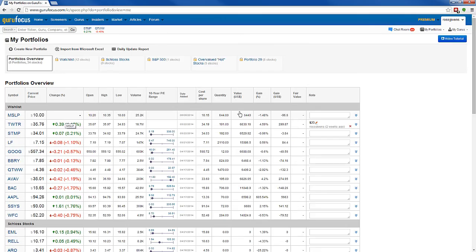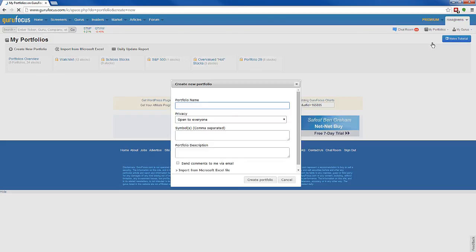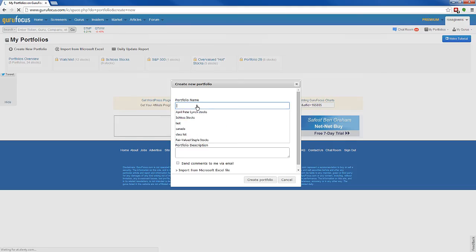So I want to start at the beginning, assuming you've never set up a custom virtual portfolio, and show you how to get started. There's a couple of ways. If you have stocks in mind, here's what I would suggest. The second drop-down option is to create a new portfolio. It's going to be very simple and straightforward. All you need is a name, a description, and the ticker symbols of the stocks you want to add. So for instance, let's just set this up as test portfolio,